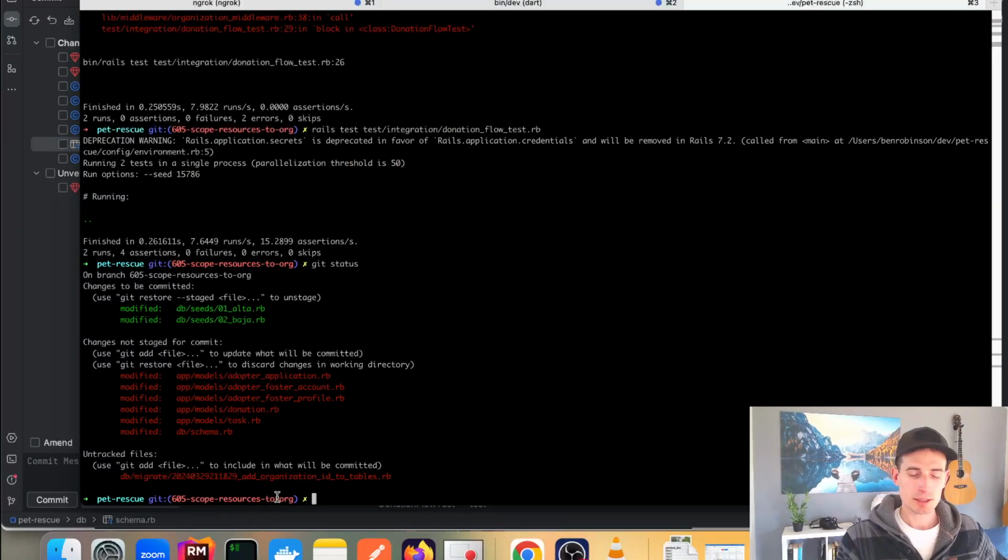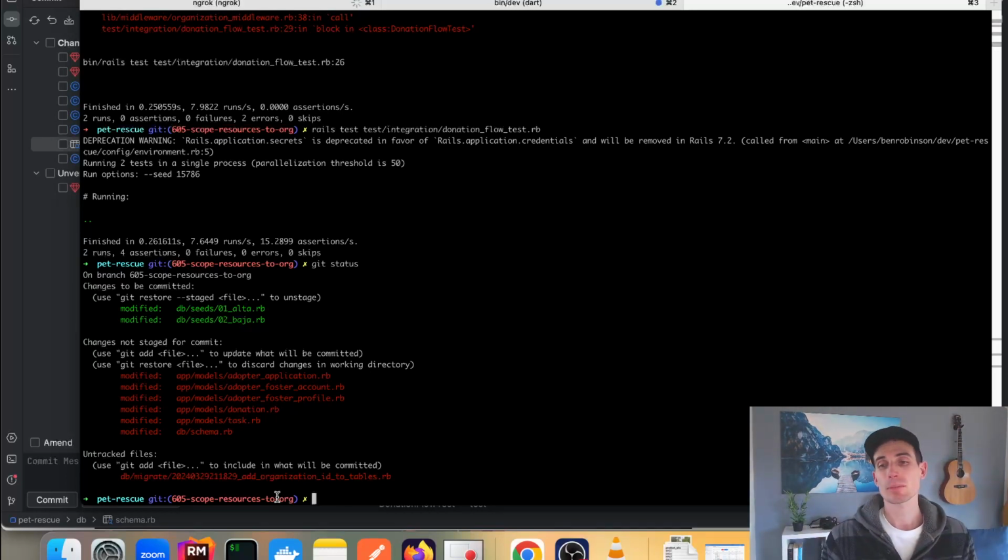Once I'm happy with things, I will git add and git commit. And then once I'm happy with everything, I will push that up to, in this case, if you're on a fork, you push it up to your remote on that fork, and then you make a pull request from there. And one last thing I would show you when you're making a pull request,